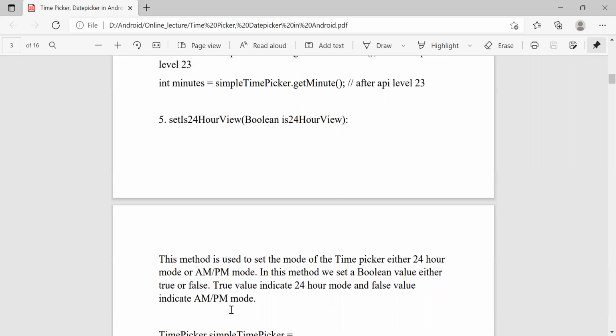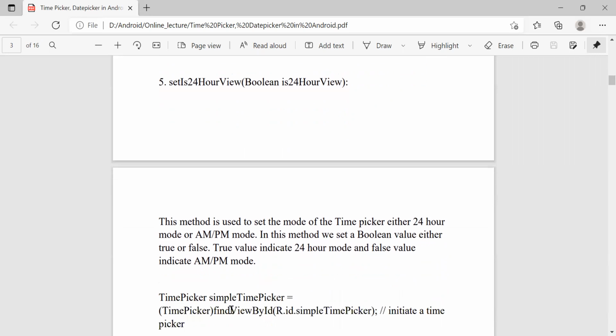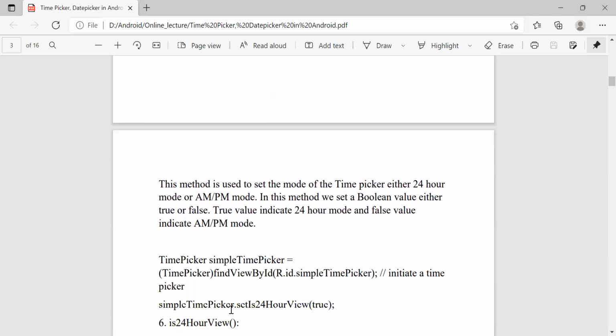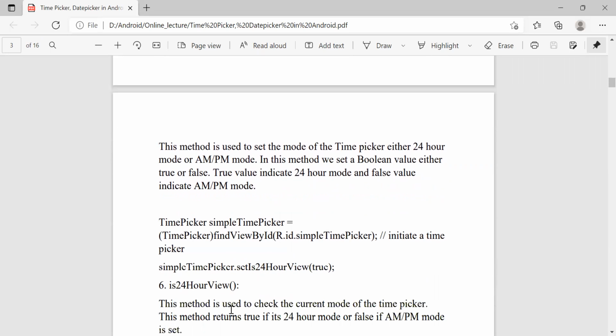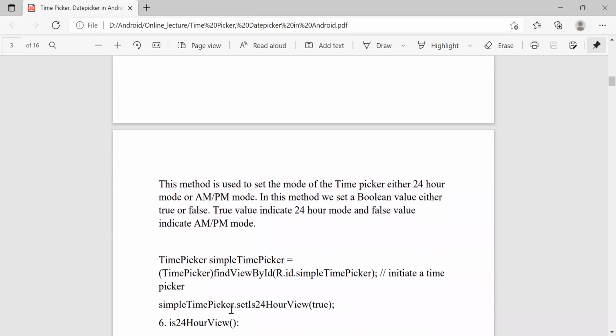In this method, we set the Boolean value either true or false. True value indicates 24-hour mode and false value indicates AM PM mode, that I already explained to you. Then here is an example to set the time picker in a 24-hour mode.